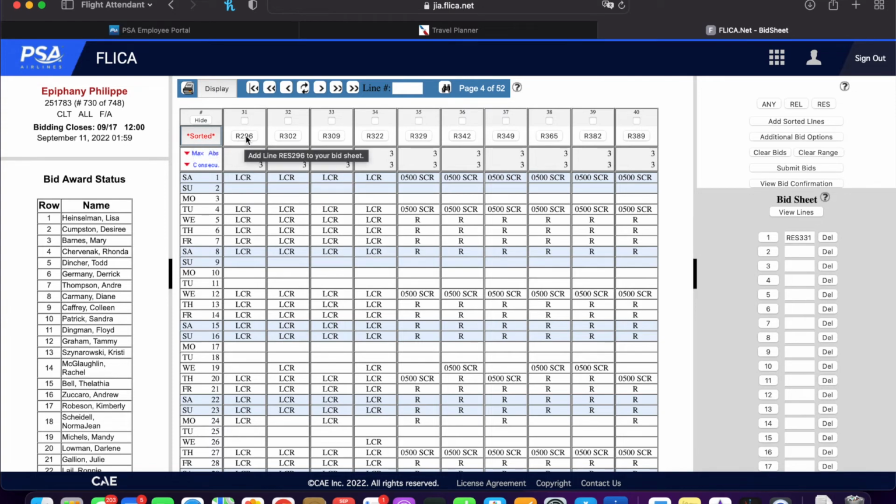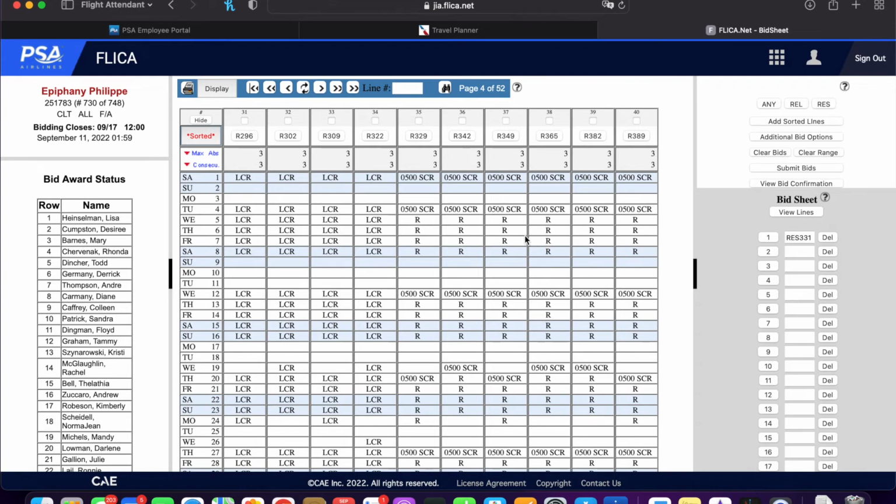And then you're going to come here, click on that schedule so that it shows up over here on your bid sheet. Once you've done all the schedules that are ideal to your schedule, you're going to make sure you come back, sort again, remove some things that you can do without, and then you're going to come through again, pick out whatever schedule works for you, and then you're going to remove whatever you can do without, and just